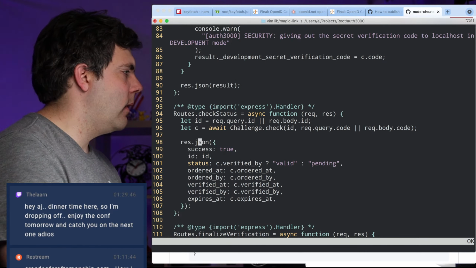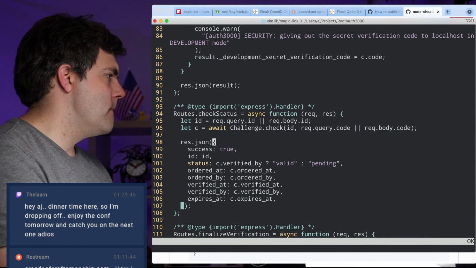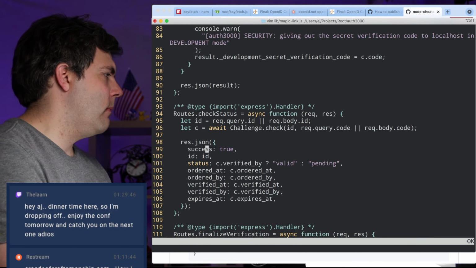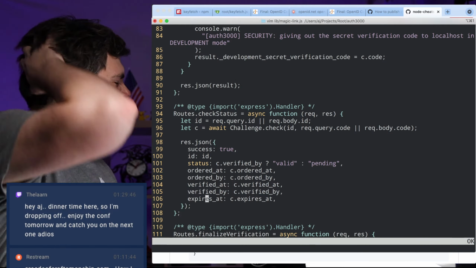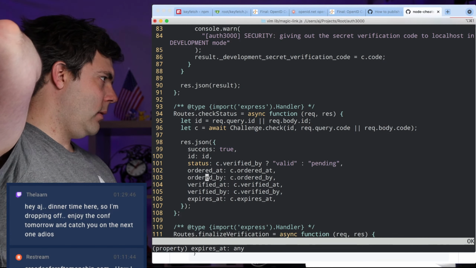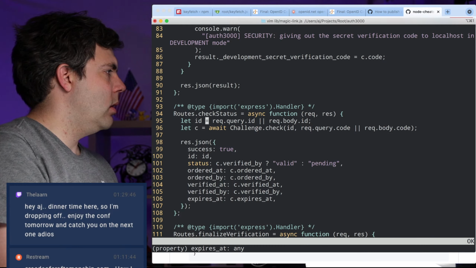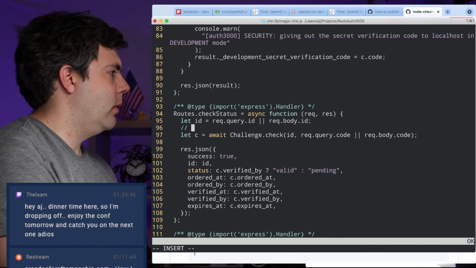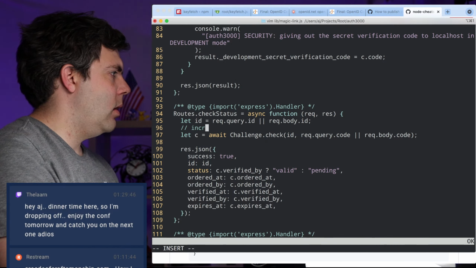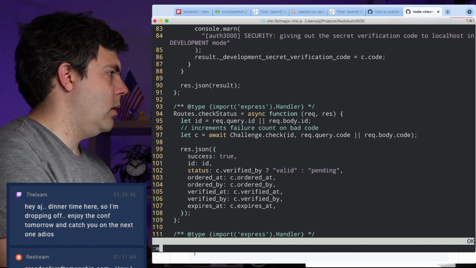Not make that mistake. All right, so check status is going to increment failure count on bad code.